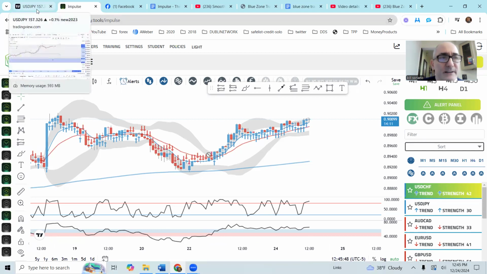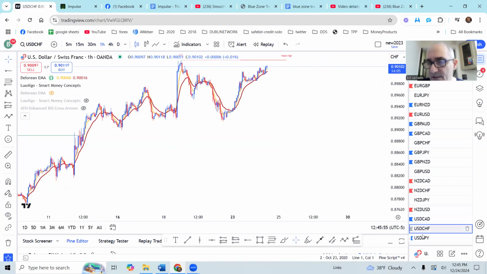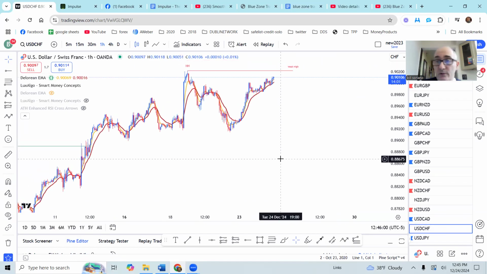Okay. So I'm going to go and I'm going to pull up USD CHF. Now, USD CHF wasn't a pair that I selected this week because I didn't feel that the 1 hour, that the 4 hour and the daily were in line. But because the impulse scanner is telling me they are, I can now come here, okay, and I can go